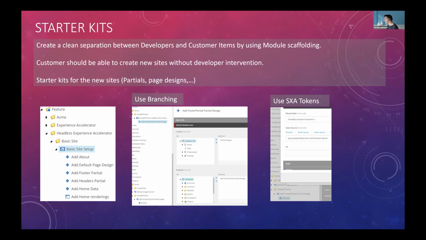What I do for creating the partial is I set up these steps. Then in one of the websites, I create that partial. I prepare it in the Sitecore pages. I replace the tokens, like the queries that you see on the right side. Then I copy the raw value of the presentation details to this branch template that is created in here. And yeah, that's it. It makes it quite a bit easier.